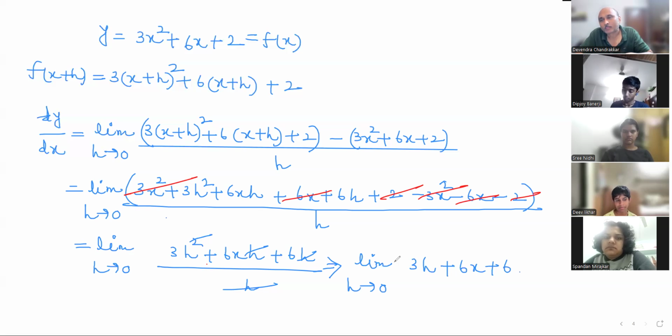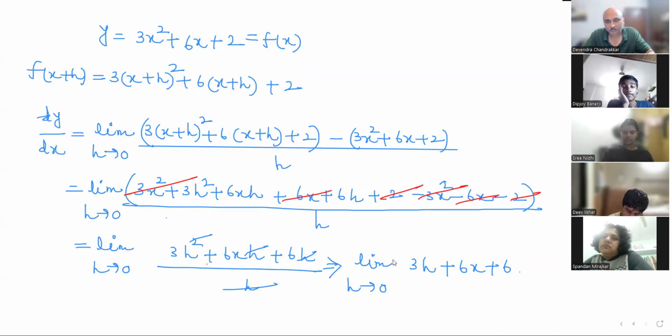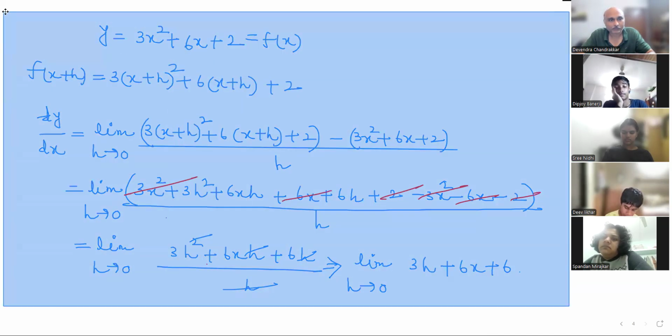Sir, I was following the rule here. What do you do, Dev? Then we convert h to 0. Yes. Always remember, as soon as h is removed from the denominator,